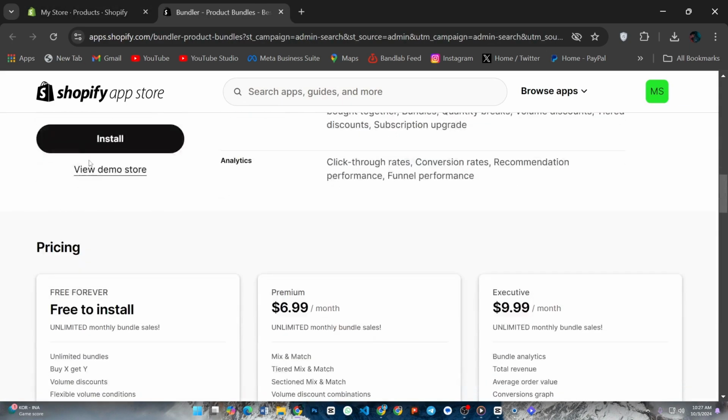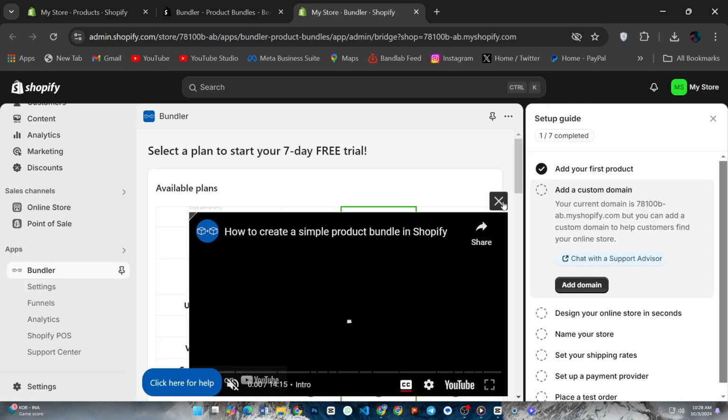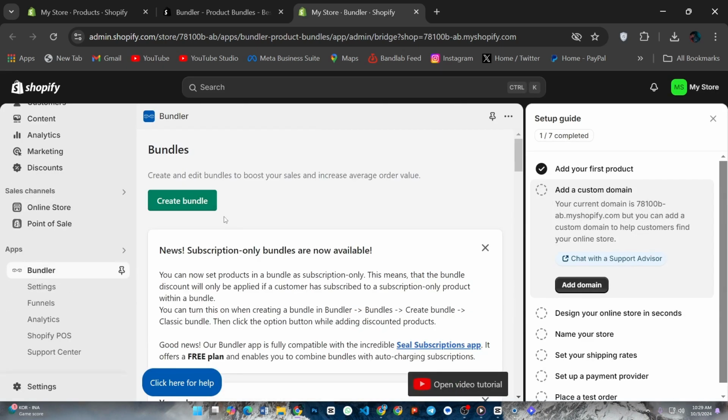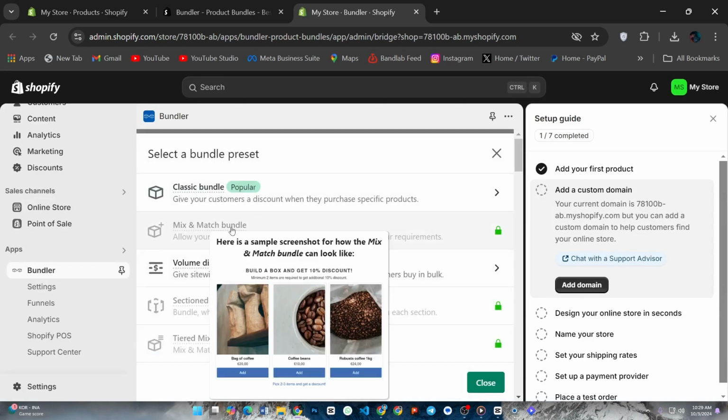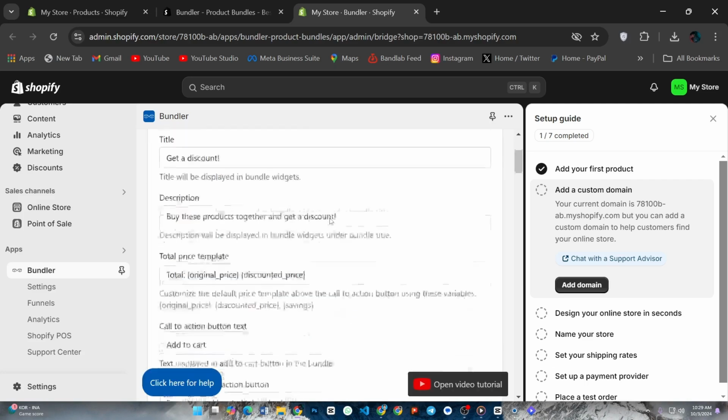Install it from Shopify app, scroll down, then click install. After installing the app, select create a bundle, then click classic bundle, scroll down